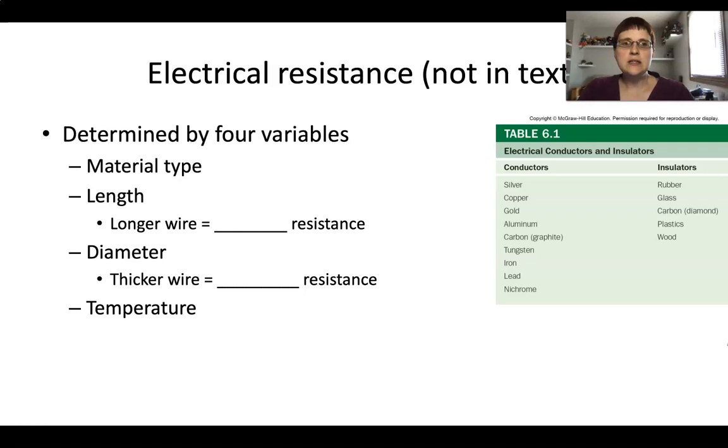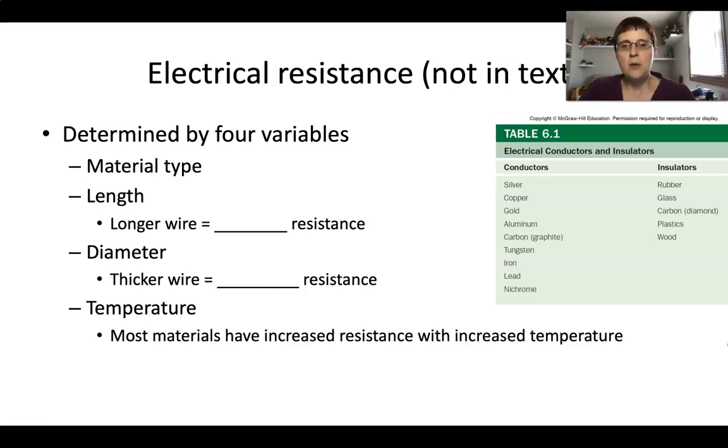And then the last one is temperature. The temperature of the material makes a difference. Most materials have increased resistance with increased temperature. And this has to do with the molecules. Remember, as you increase the temperature in molecules, it increases their kinetic energy. They move around more, and so the atoms in the material are moving around more, and it gives